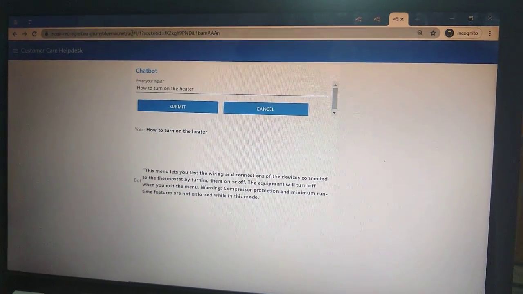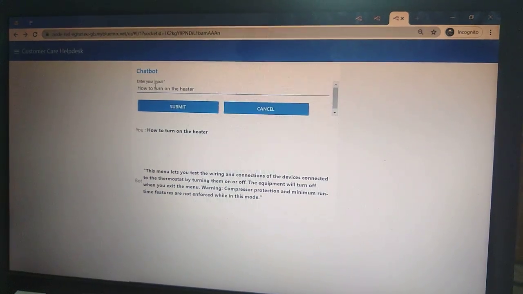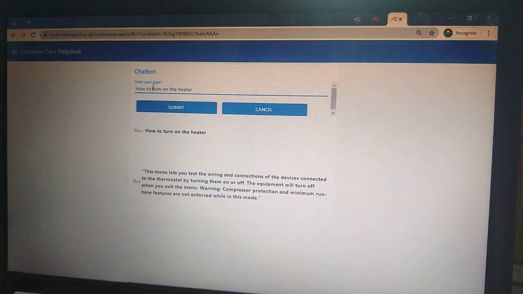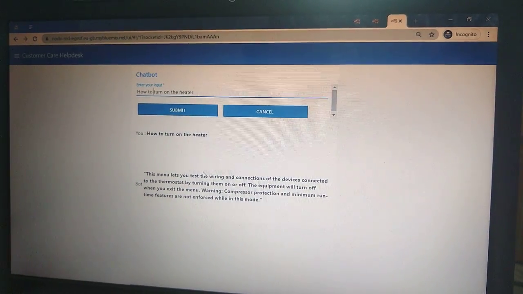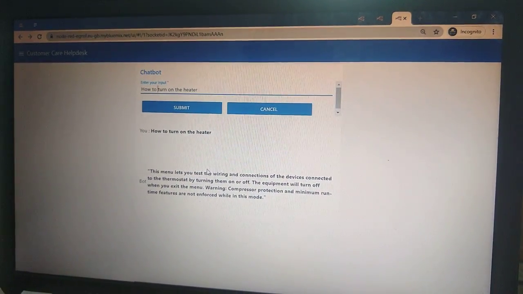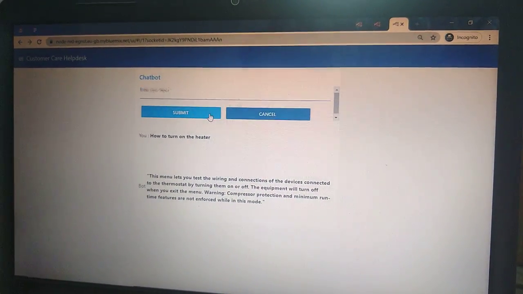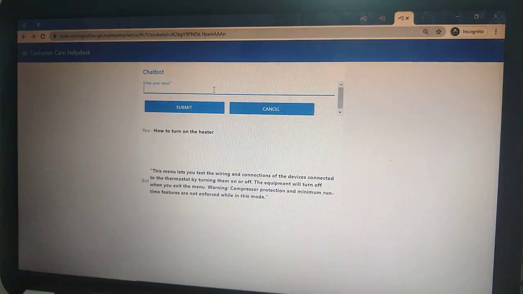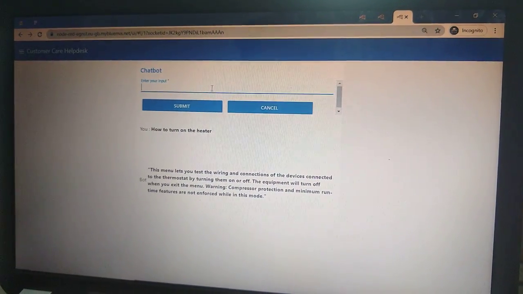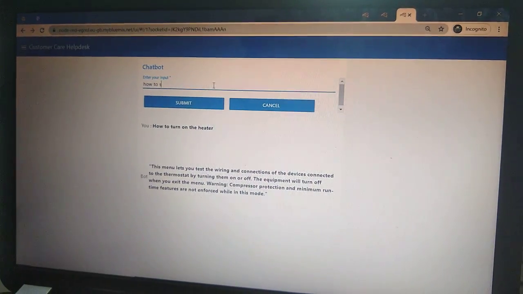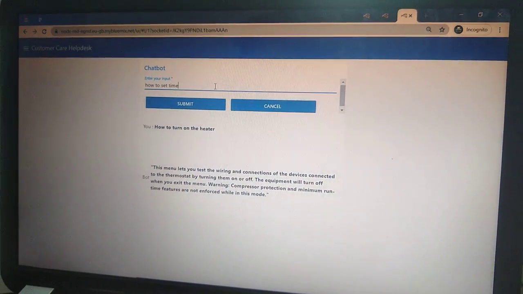I have already done this, and here we can see we have finally received a chatbot which is used to answer our queries with the smart document understanding feature. Here I can ask it some simple questions like how to turn on the heater. It will provide me the response, and I can also ask how to set time.